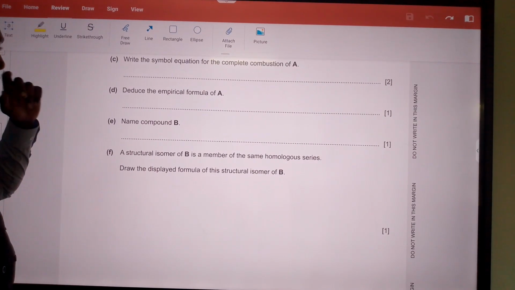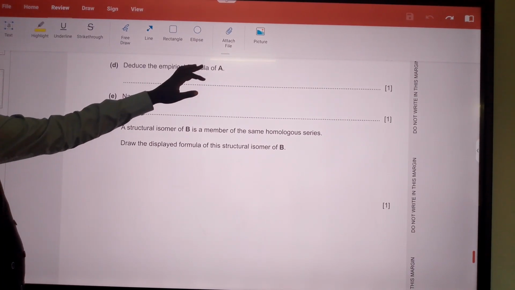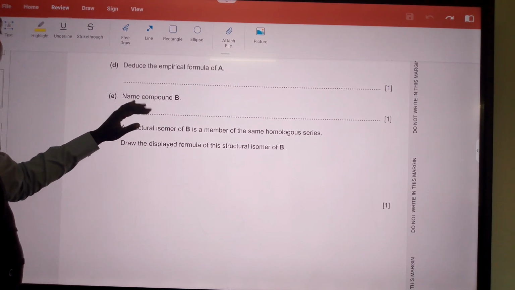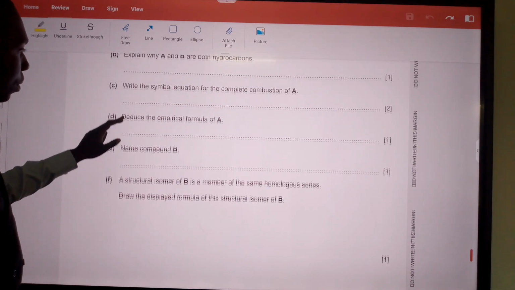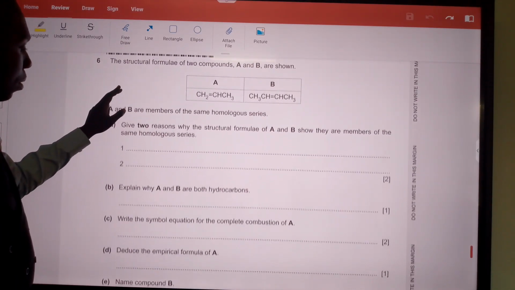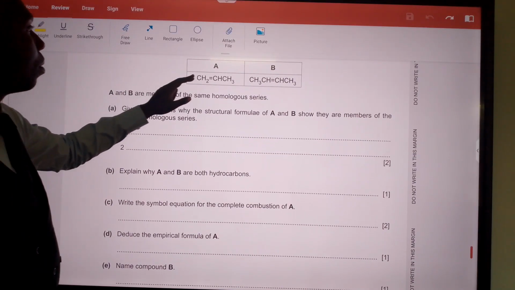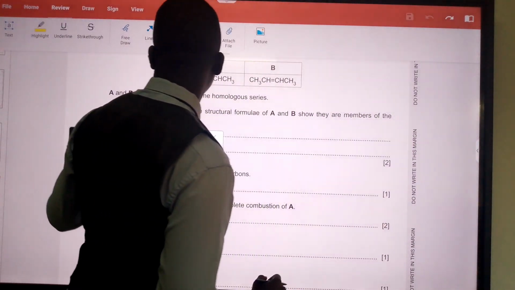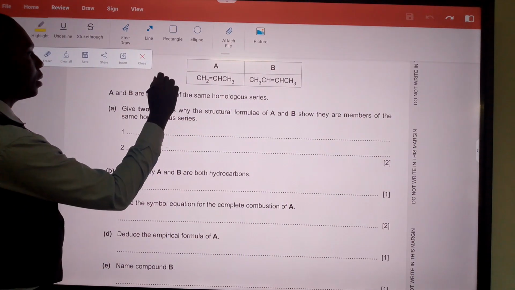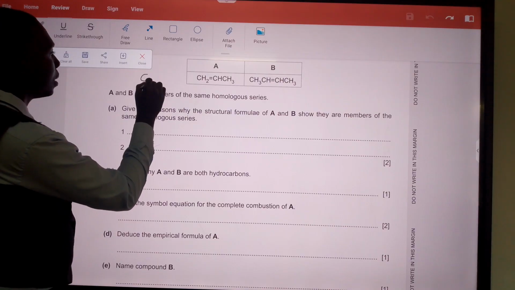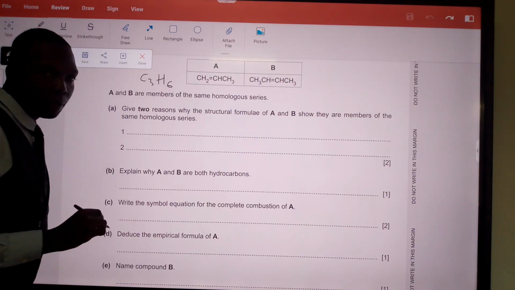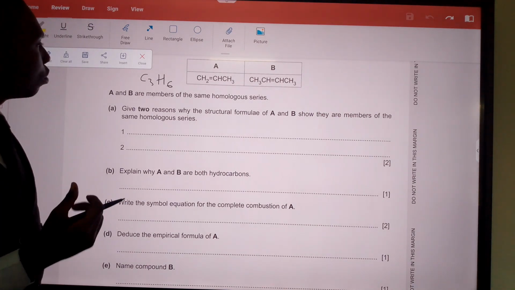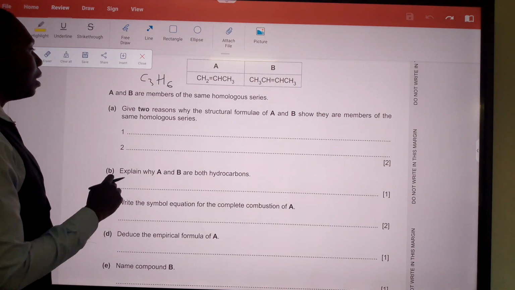Okay, so the next question reads, deduce the empirical formula of A. This is part D. Then part E is name the compound B. Let me refer back to the diagrams. This is our compound A, and we are required to deduce its empirical formula. Already we know that the molecular formula of compound A is C3H6. The molecular formula shows the actual number of atoms present in a compound. However, the empirical formula,